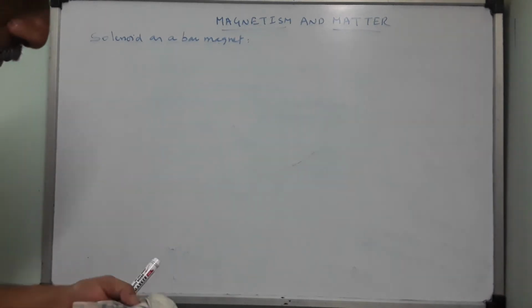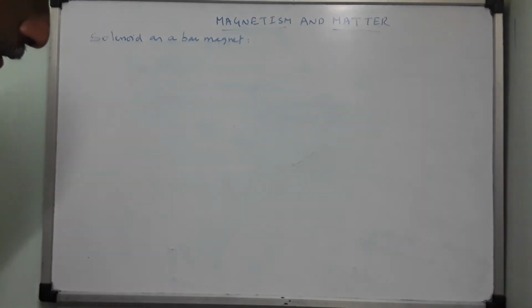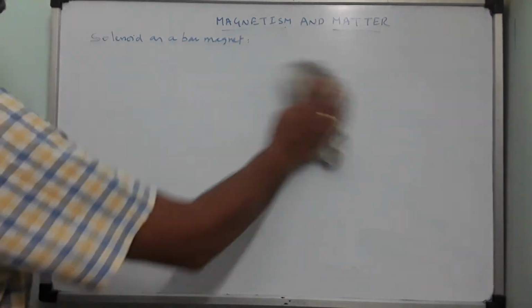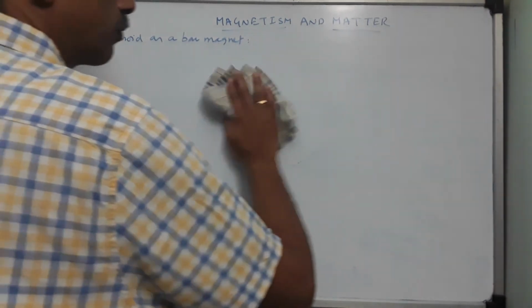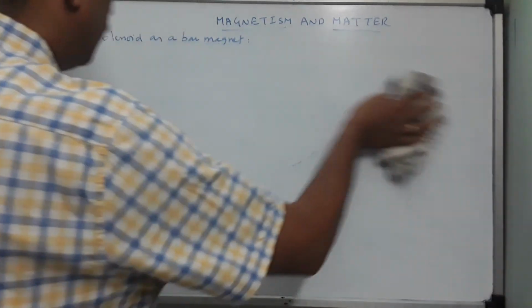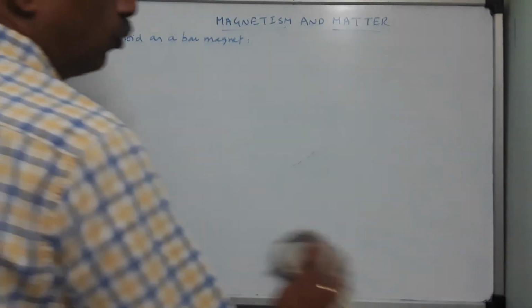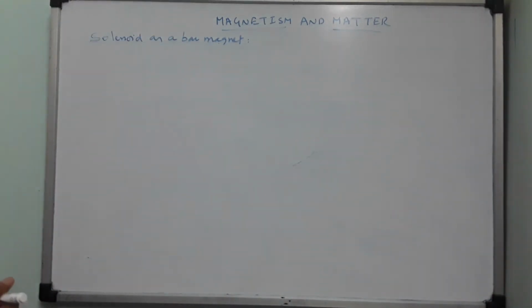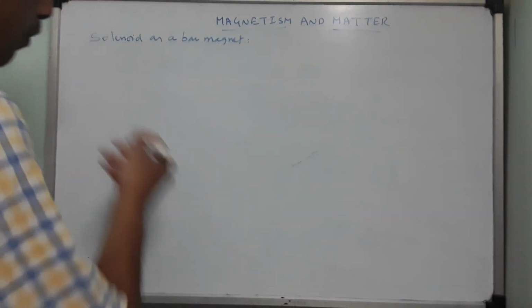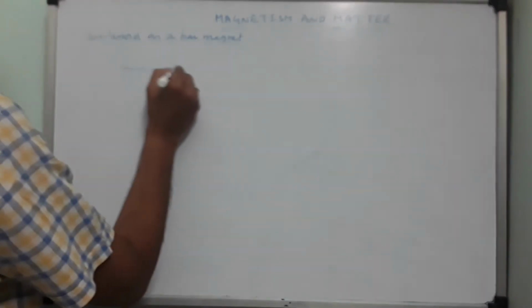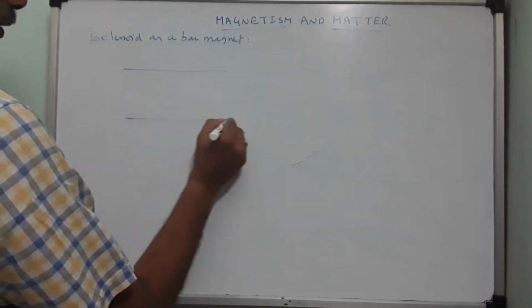For this also we make use of the same expression, that is B equals to mu naught I into N by 2 into R square by X square plus R square whole to the power of 3 by 2. So let us first draw a long solenoid whose length is very large as compared to radius. Okay. Then we try to bring its analogy with a bar magnet. So now solenoid,